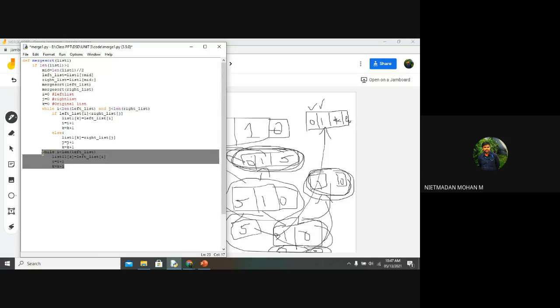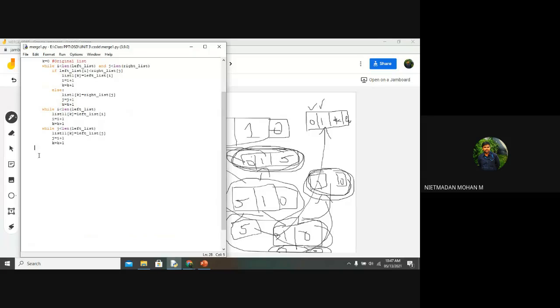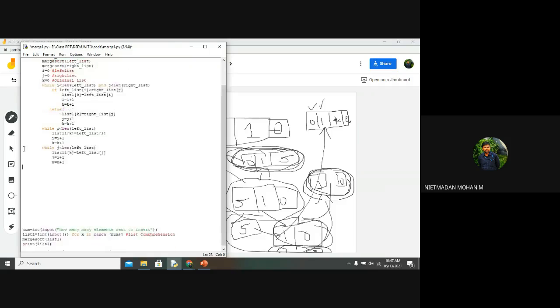And the same thing we have written for the left list, the same code will be written for the right list also. So here we want to change the condition. For the right, we are doing it with j. So whatever I told you, just practice these lines of code.